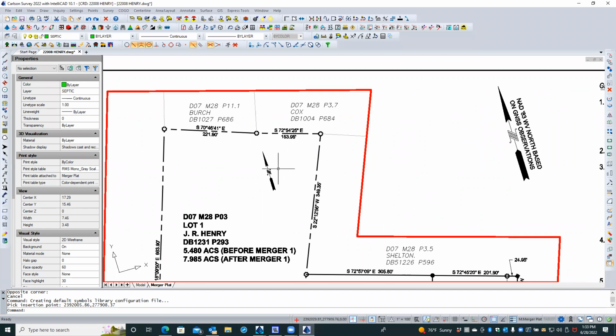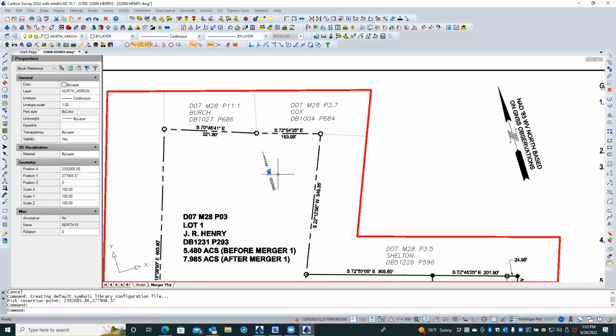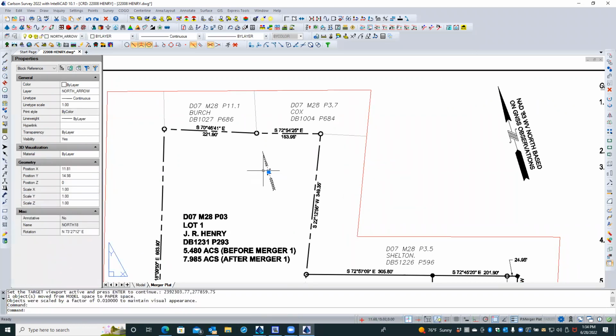what I needed to do with that, because that's in model space, but I want my north out here. So instead of having to make my viewport go way out here, I'm just going to select that and change space. Click out here, press enter. Now I've got this in paper space that I can move anywhere I want